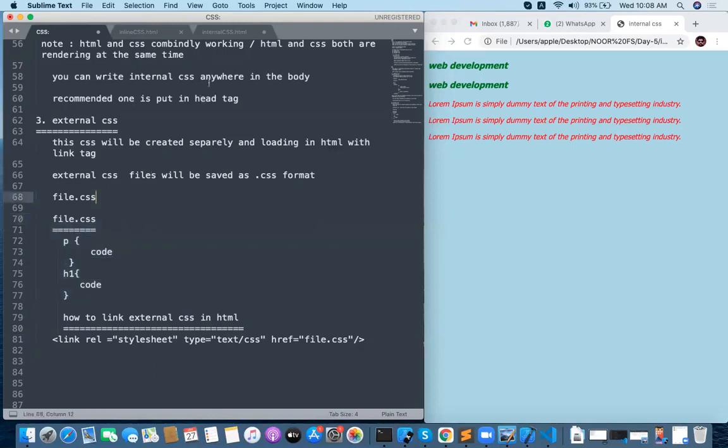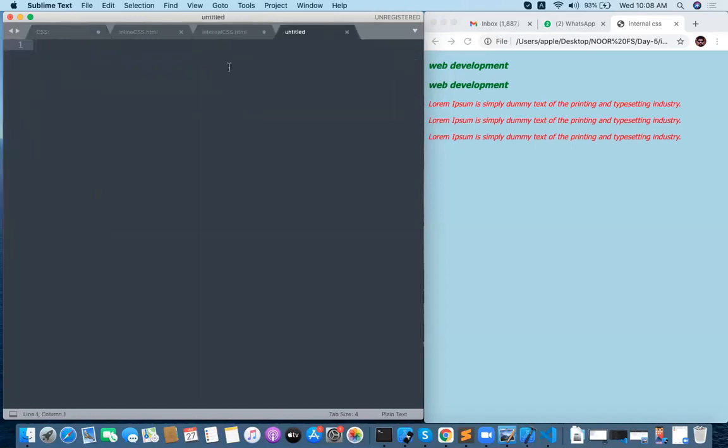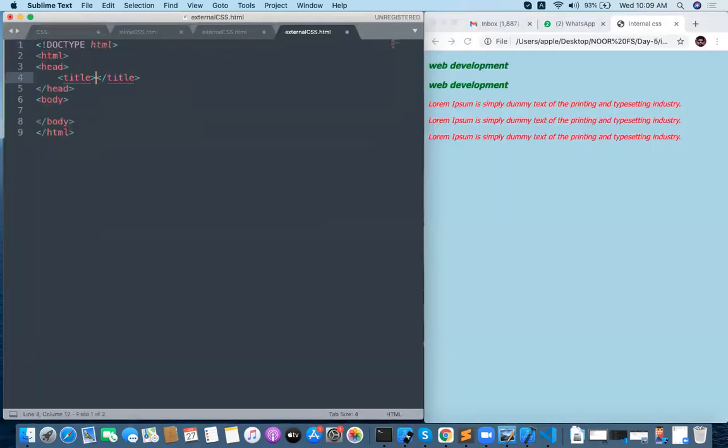Okay, can I write the external CSS now? Yeah. Let me prepare a new file, and this will be external CSS.html. Let me write whatever code you want.